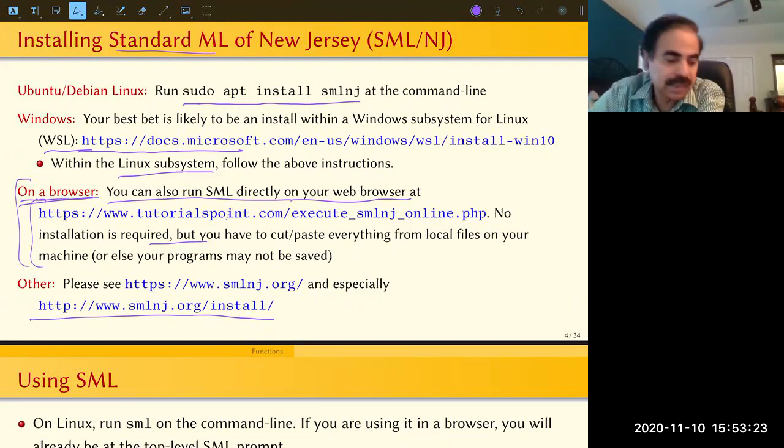Like some of the examples that I'm going to show today, you should have tried to enter them in SML and try to do it yourself. The whole thing is not going to take you more than half an hour to do, right? So it's something that's going to take only a short amount of time, but you should do it